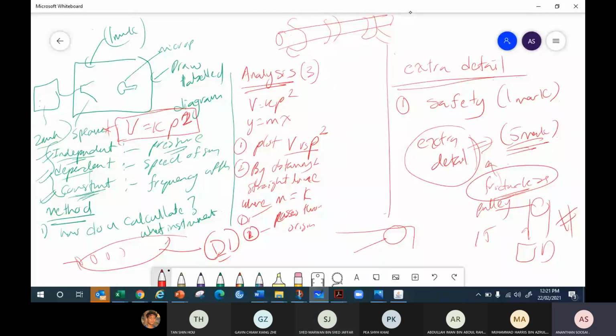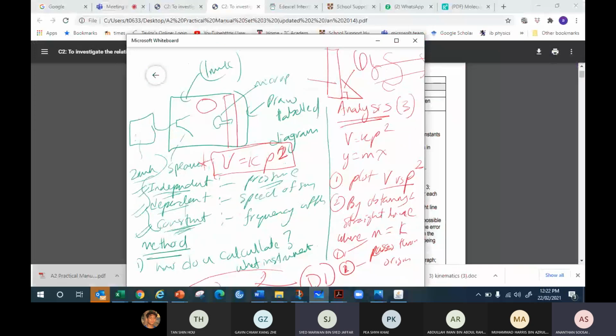Sometimes students draw here. What do you call? Use zero error or something. You draw something here. You put a ruler. Let's say like dropping an object. Use a ruler. A student puts a set square here at the side, but you never write here set square to make sure the ruler is perfectly vertical. But you draw it in the diagram. So when they see in the diagram there is a set square used to make the ruler perfectly vertical, they put a detail mark, D1.